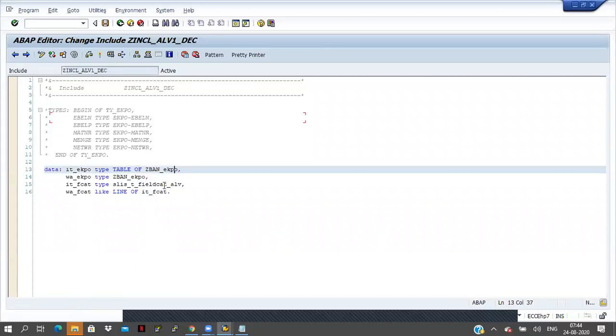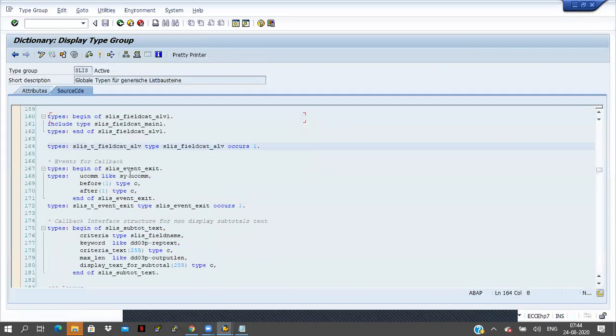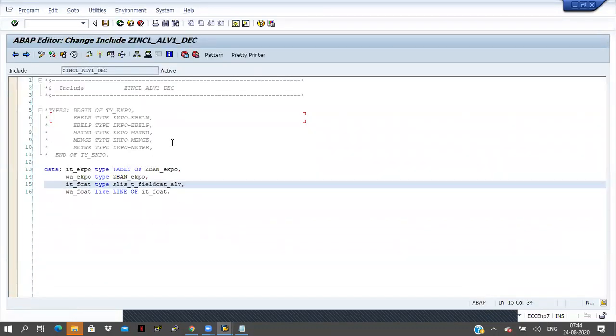So if you double click on that one, here they are declaring slis underscore t underscore fieldcat underscore alv type, the type name they are taking, and here occurs 0 they are taking. Okay, occurs 0. Then this is the internal table name as well as work area name. Both names are same here, and here I am taking the internal table name.